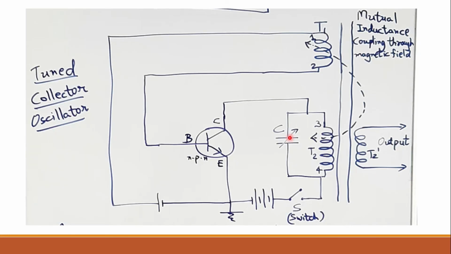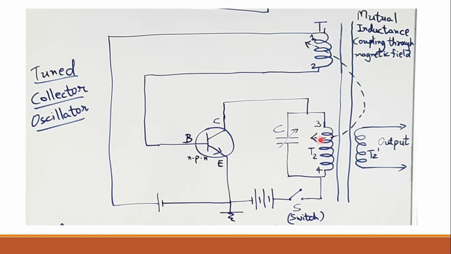Now as this tuned circuit is connected towards the collector side, this particular circuit is also known as tuned collector oscillator circuit, right? If this tuned circuit would have been connected towards the base side, it would have been known as tuned base oscillator circuit. Getting it, right? Now you can see here that the cycle will get repeated, and we have not provided any input, and still we are getting the sustained output waveforms, right? So it is generating AC from the battery source or DC supply that we are providing, and therefore it can also be called an inverter, right? An inverter is one that converts DC to AC.